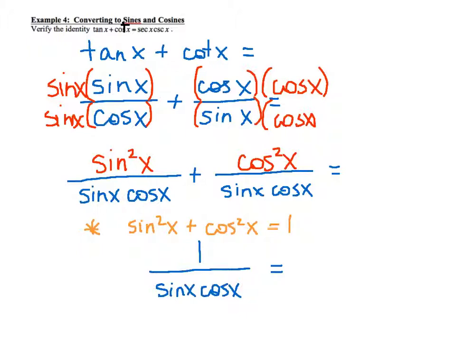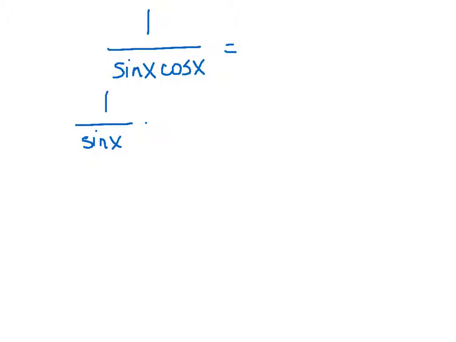So we're still simplifying the left side. And what we can do here then is if we have a 1 over sine of x cosine of x, you can actually split this up into two fractions because each of these is underneath a 1. I know, weird, splitting up a fraction. But what happens then is if you have a 1 over sine of x, that is equal to cosecant of x times 1 over cosine of x equals